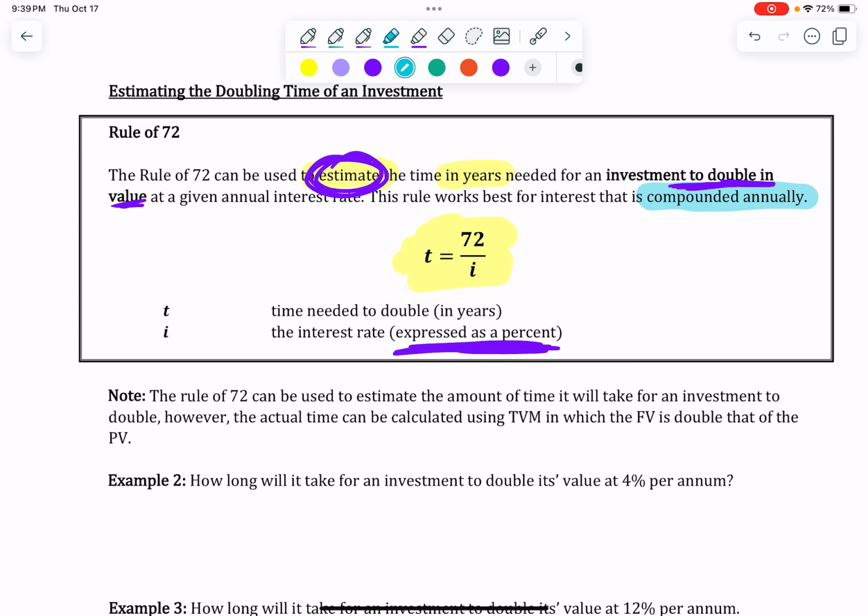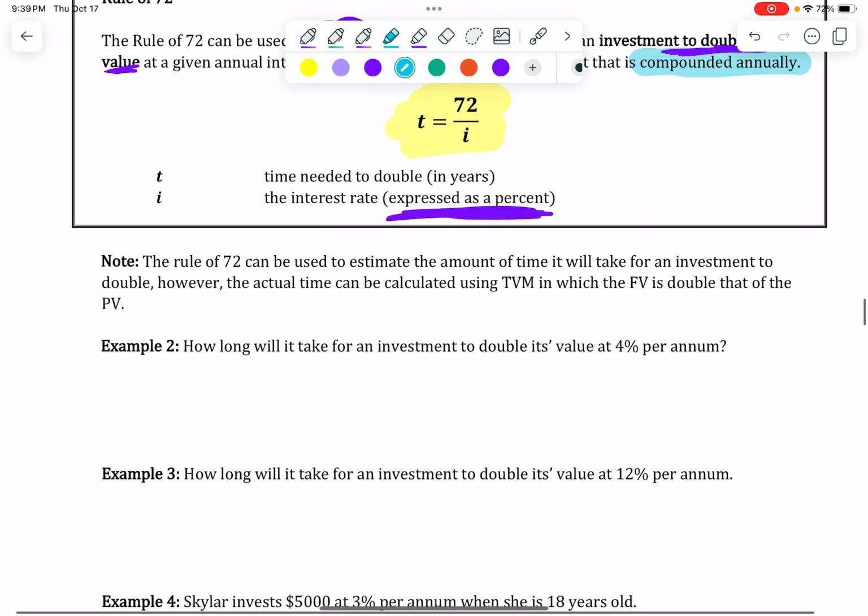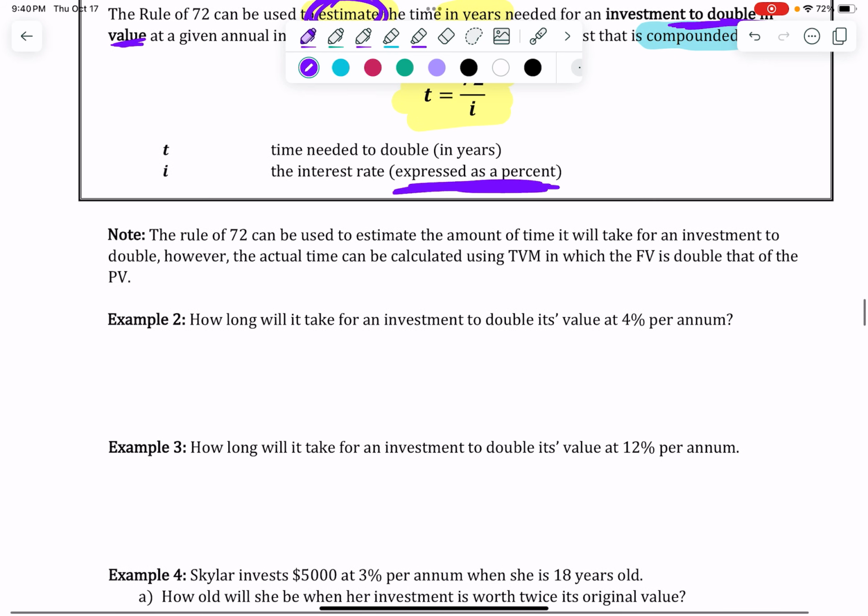Okay. Let's just jump straight into examples. I said the little note already, so we can just move on. The first question: how long will it take for an investment to double its value at 4% per annum? This question has so little in it. But one of the reasons I could tell it's a Rule of 72 question, even though it doesn't tell me to use the Rule of 72, and it doesn't tell me to estimate,